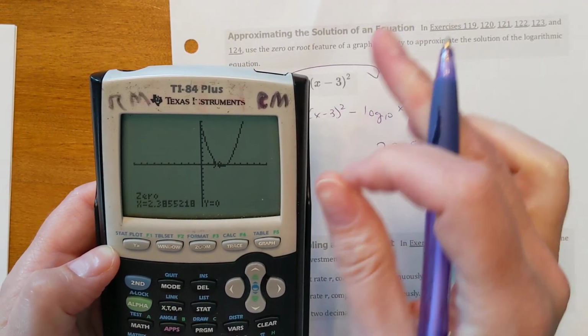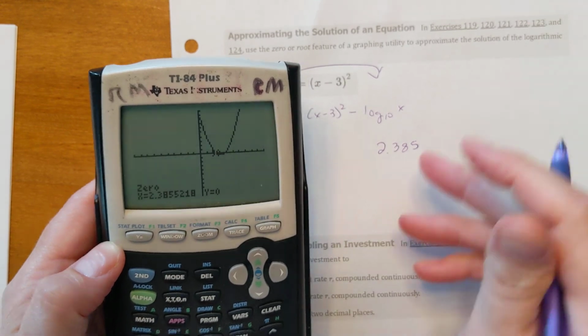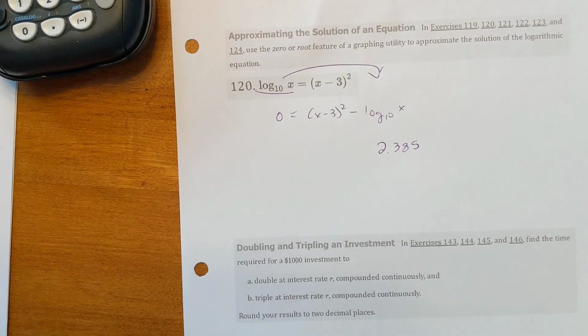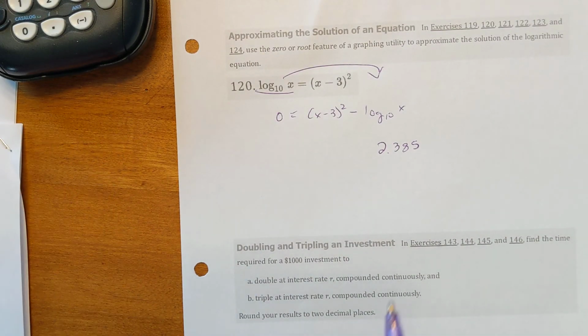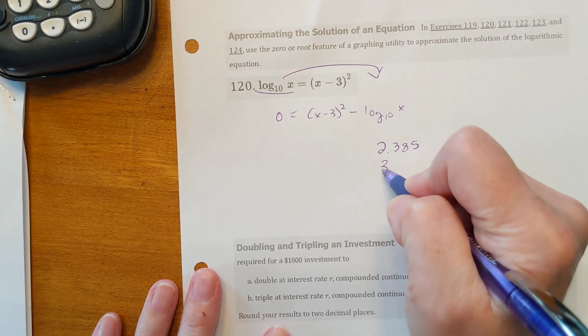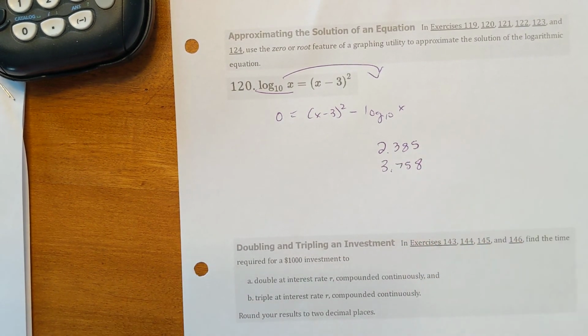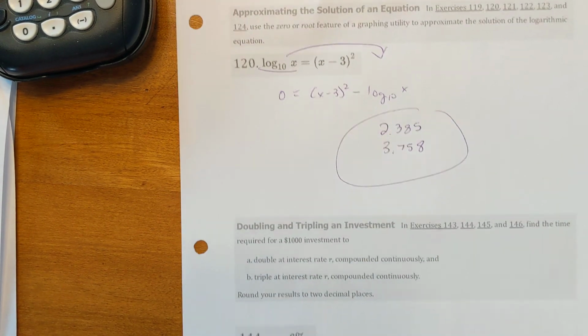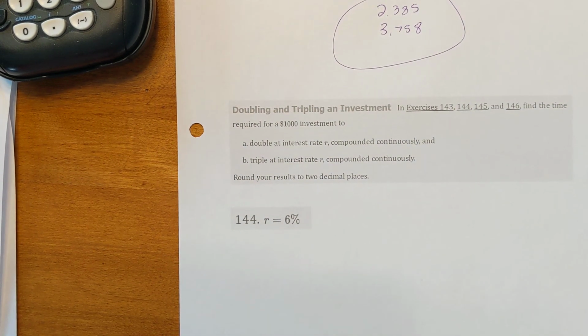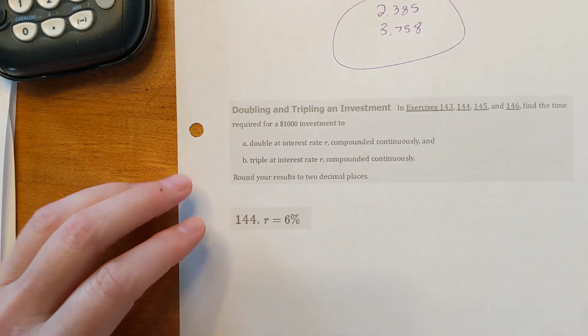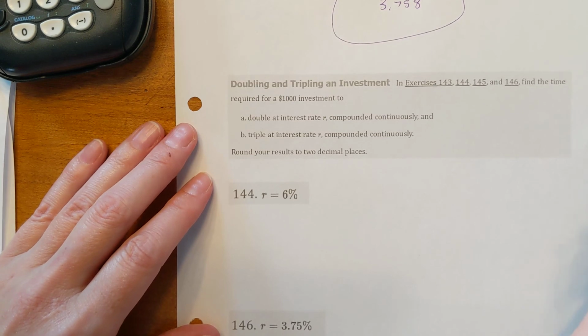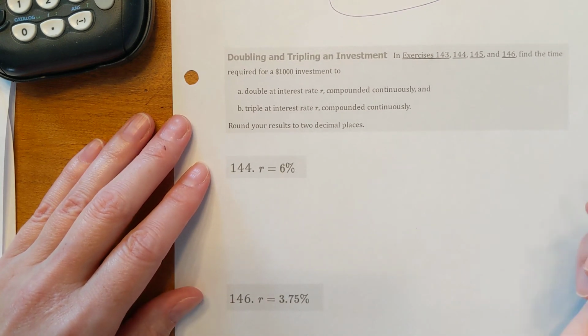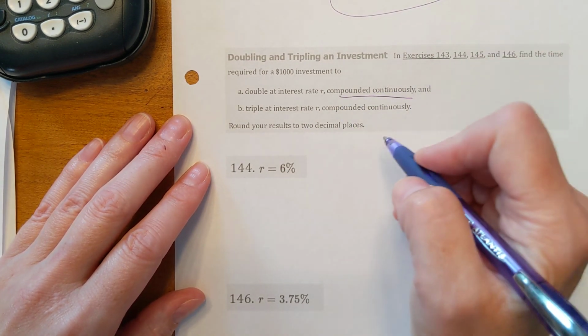2.385. And if you do that for the other one there, you're going to get the other 0 is 3.758. All right, so those would be the two answers to it. In case the video cuts me off, YouTube cuts you off after so many minutes, we can look at this in class tomorrow. But the last one, the real life problem, we want to use compound interest continuously, which a formula we had yesterday was